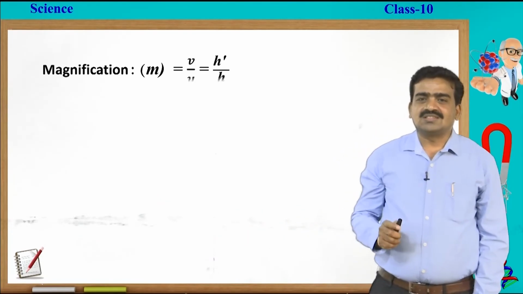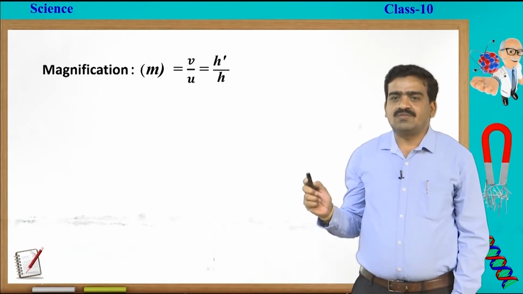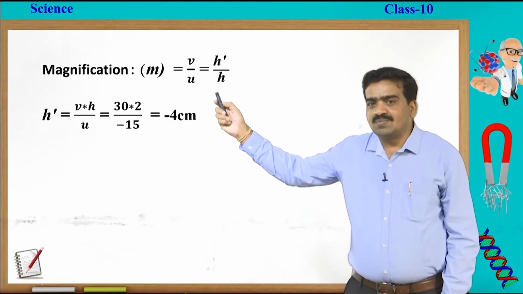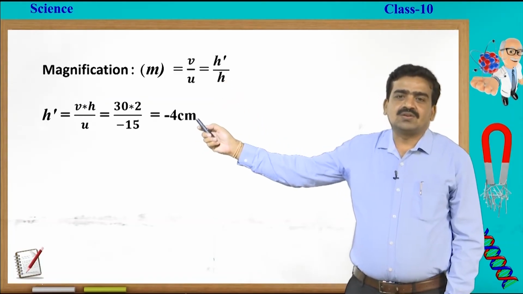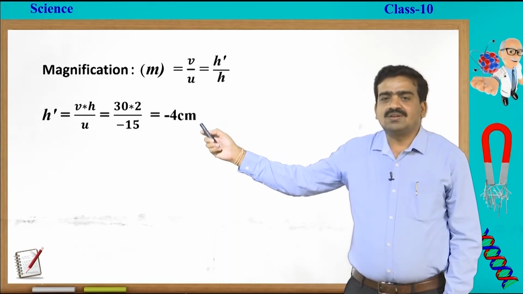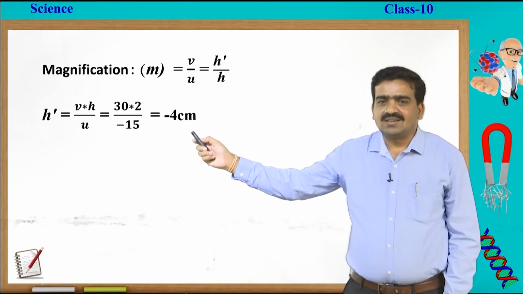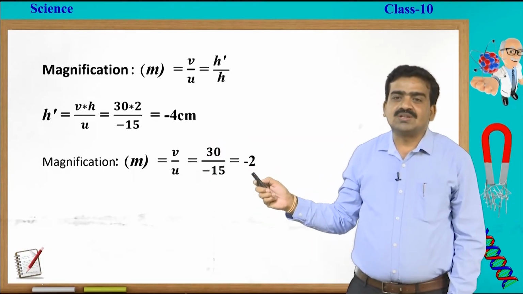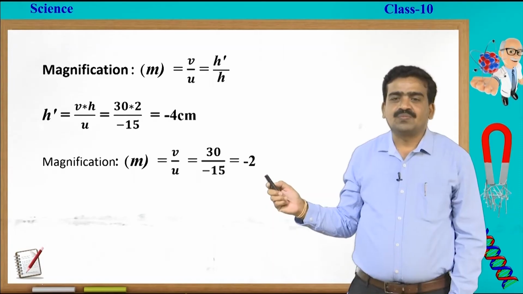So, that gives us the image distance, and we have to calculate the magnification using the formula v by u. There we have to take both relationships, that is, v by u is equal to h dash by h o. Then h dash is equal to v into h by u. Substitute the values: 30 into 2 divided by 15, and you will get minus 4 centimeter. Then the magnification m is equal to v by u, which is equal to 30 by minus 15, which is equal to minus 2.